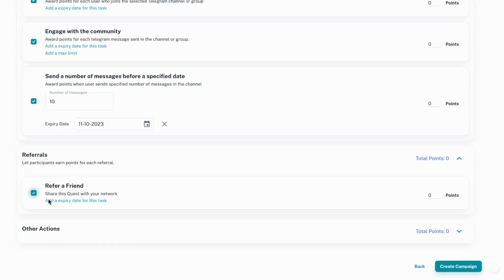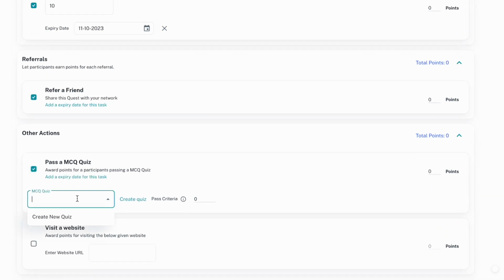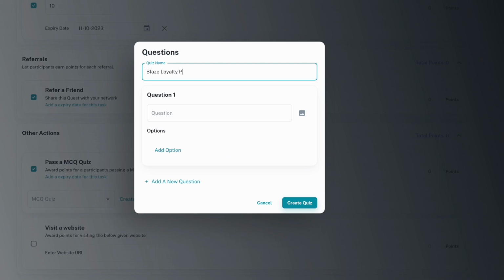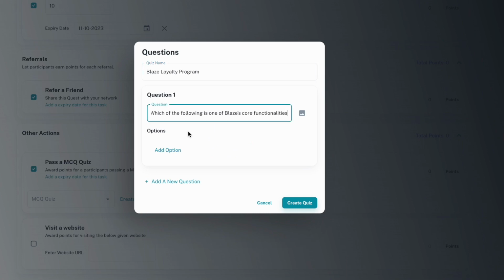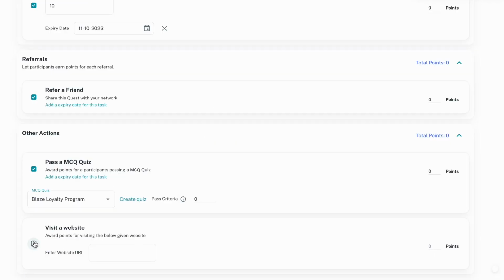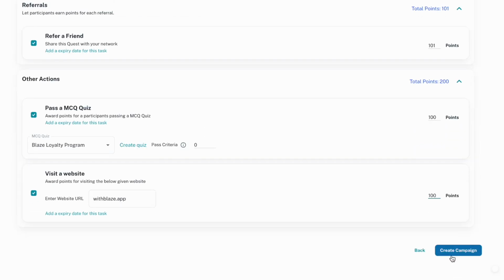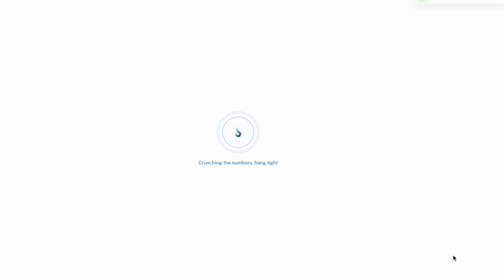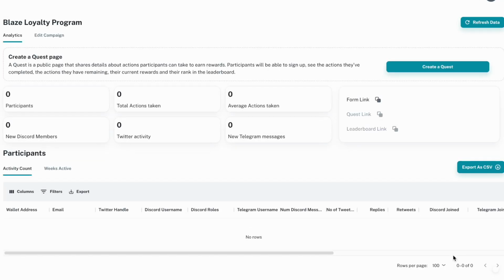Other customized actions available are visiting a specific URL, passing a quiz, or referring a friend to the quest. Create a custom quiz through the link below and allot points to each question answered correctly. Post the creation of the rewards campaign, you will be led to the activity tracker page of the campaign where you can create a public-facing quest page,